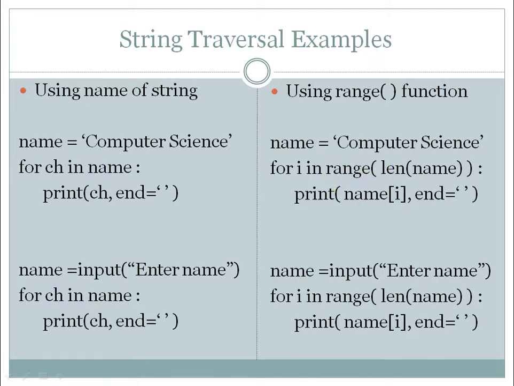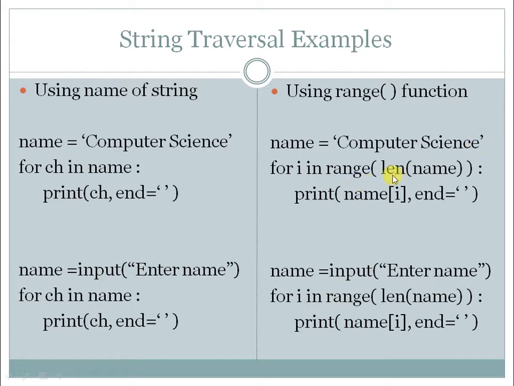You know, range function gives us, from the syntax of the range, range start, stop, step. So if only one value is provided, that will be the stop value. So where do you have to stop? You have to stop at length of the string minus 1. You know the range function gives one value less. And the default start value is 0. And you know that in a string we start with index 0. So using this range function, we will go from the character index number 0 to last.